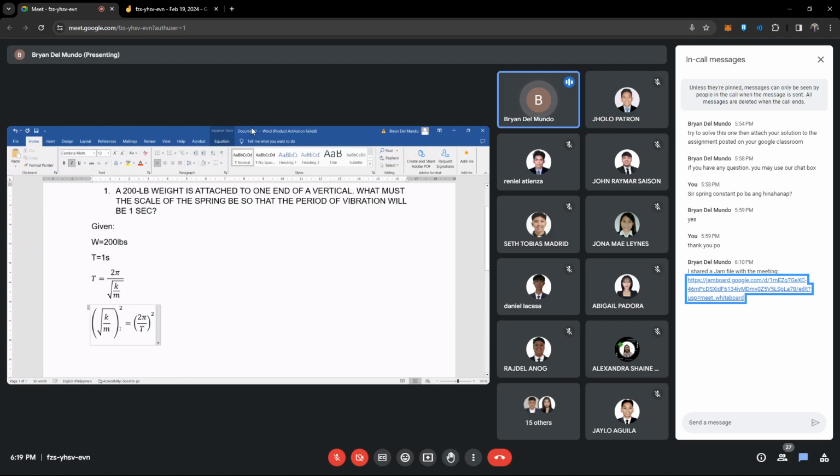And then we can solve for the value of k over m as